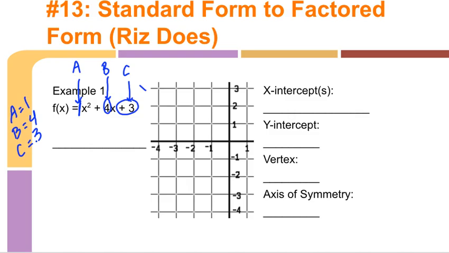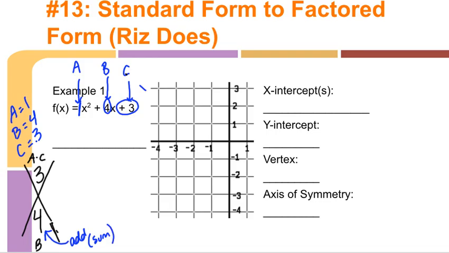Okay? So now how you're going to set up this diamond method is you're going to kind of create this X. Okay? In the top you're going to write A times C. So A times C in this case is 1 times 3, which gives you 3. And then in the bottom you're going to write just B, which is 4 in this case. Alright? Now like we talked about on the last slide, what you want to do here is you want to find two numbers that add or sum to 4, and two numbers, the same numbers, that will multiply or give you a product